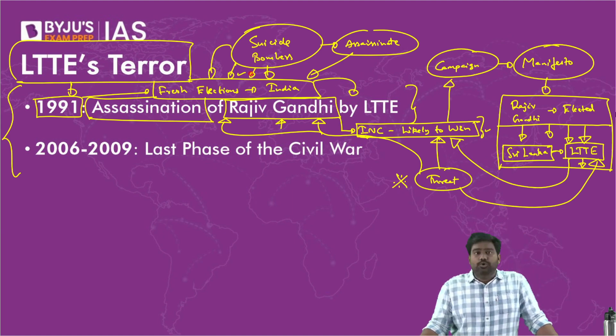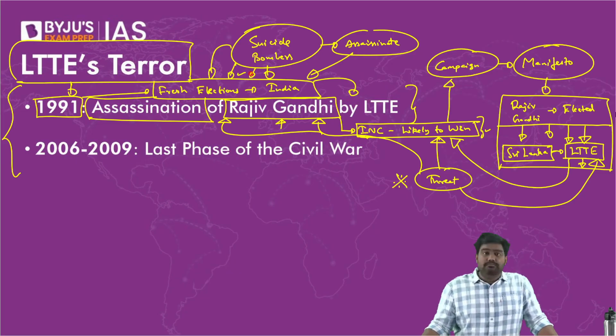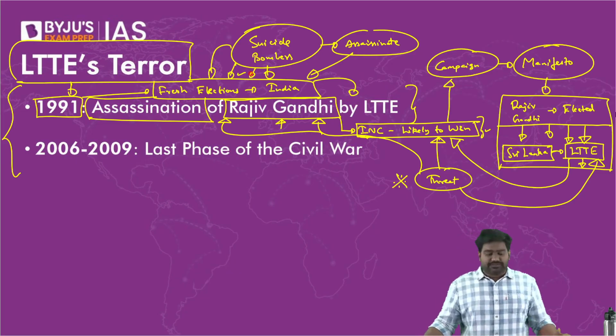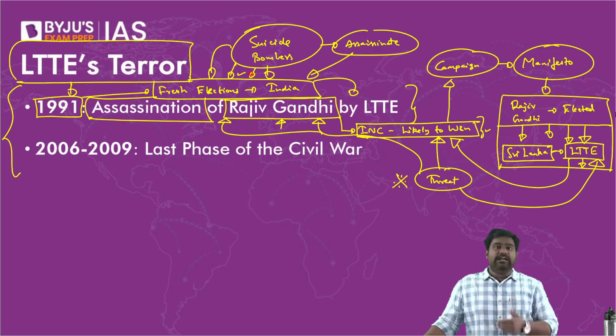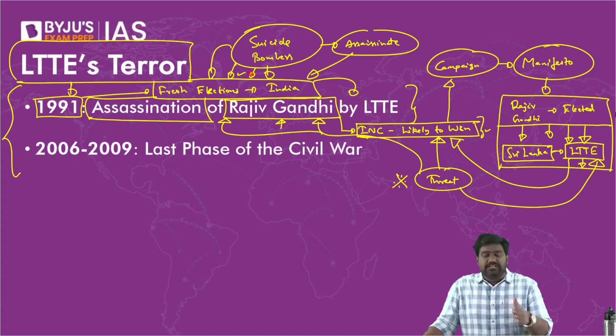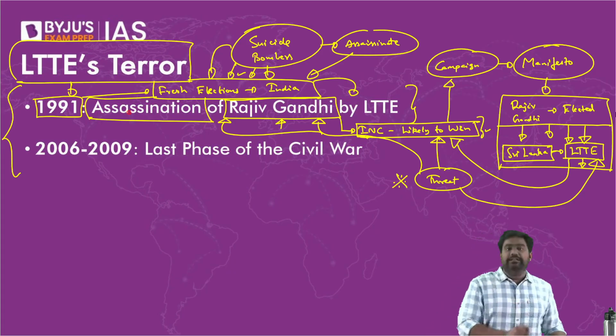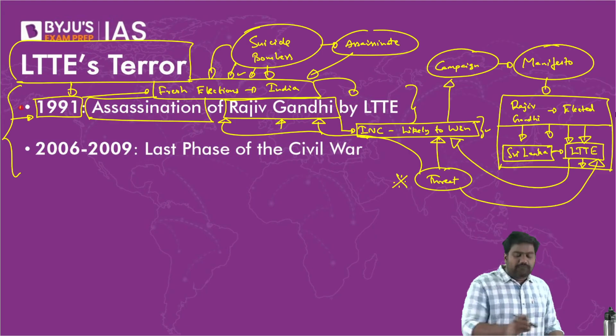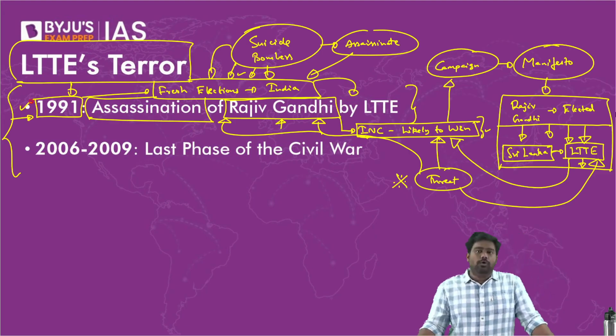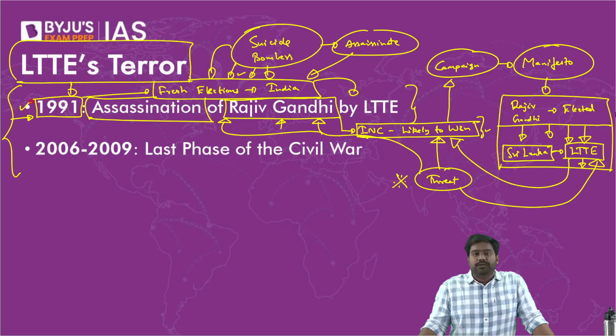Now, this came as a huge shock to the country. It was again a massive intelligence failure. Just a few years ago, Prime Minister Indira Gandhi had been assassinated as a result of the Khalistan movement. And now, a former Prime Minister, Rajiv Gandhi, had been assassinated by LTTE. So this setback for India had a huge blow on Indian influence in Sri Lanka. Now, LTTE became even more powerful. It became a terror group which had pushed back the Indian troops, and now it had assassinated a former Indian Prime Minister. The war became even more unpopular in India.